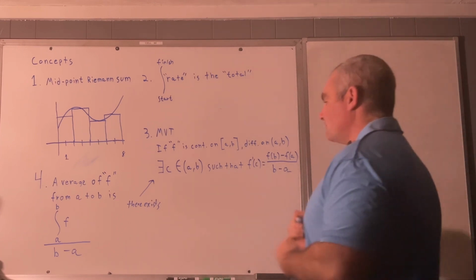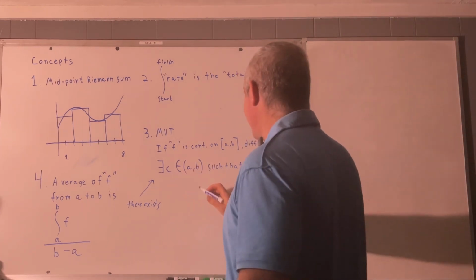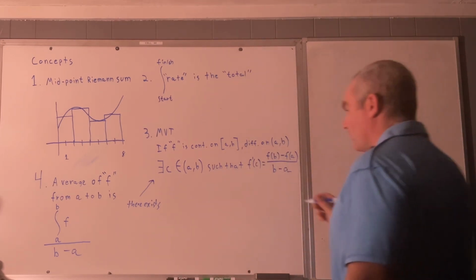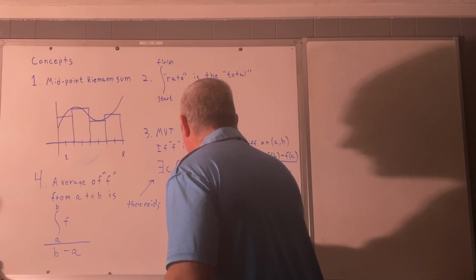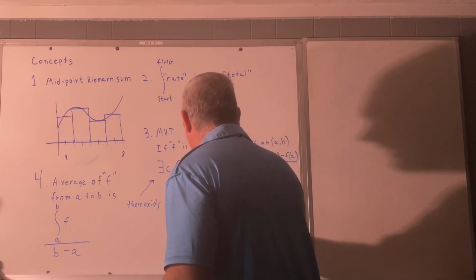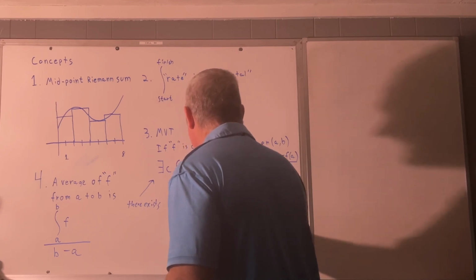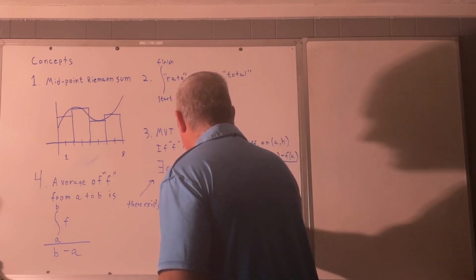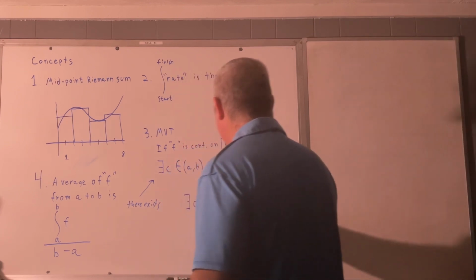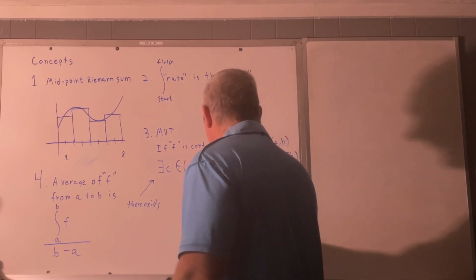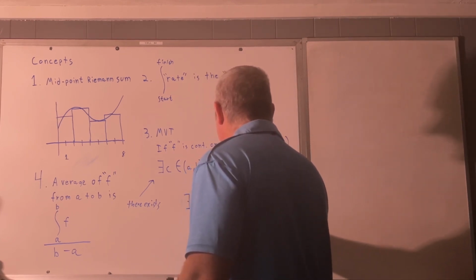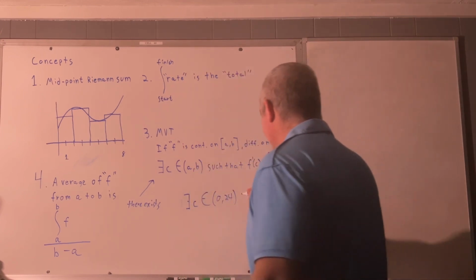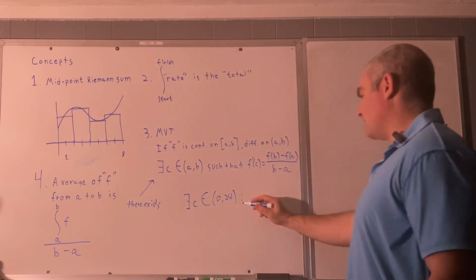So there definitely exists some value c from 0 to 24 such that, and I'll just use the colon there, that sometimes can mean such that,